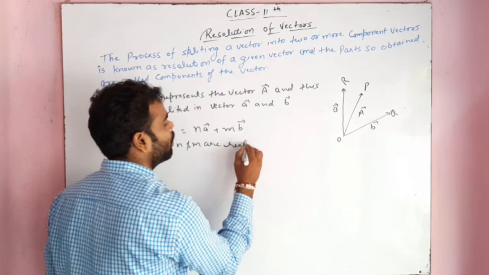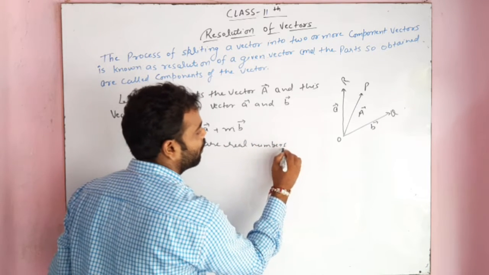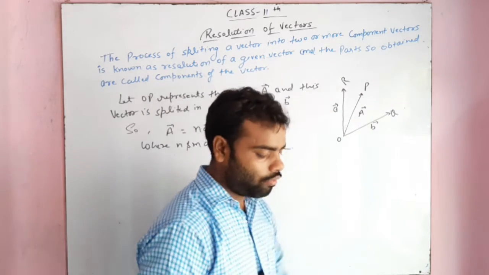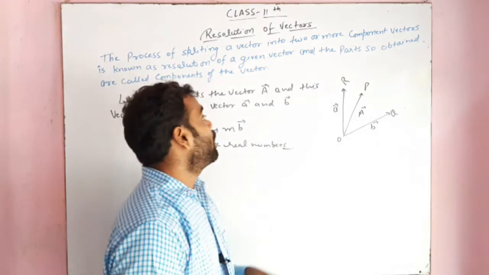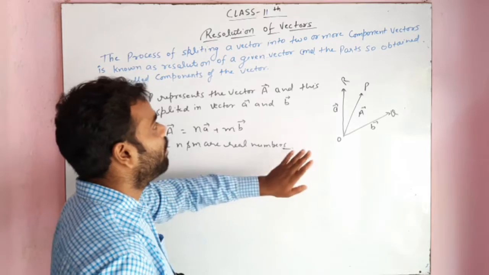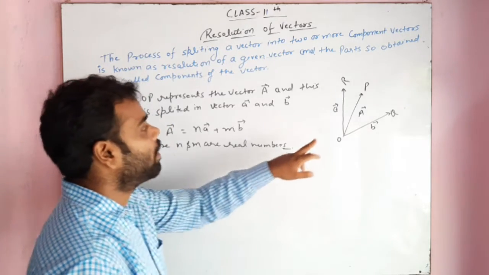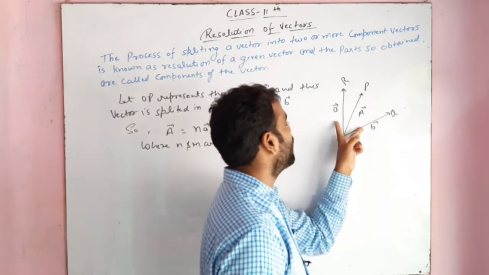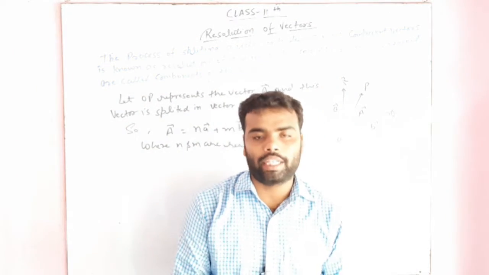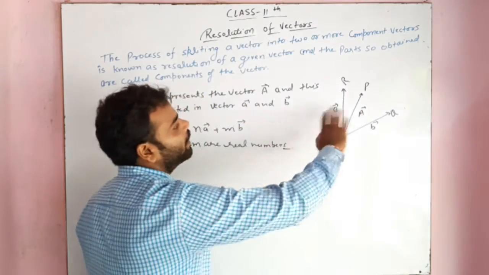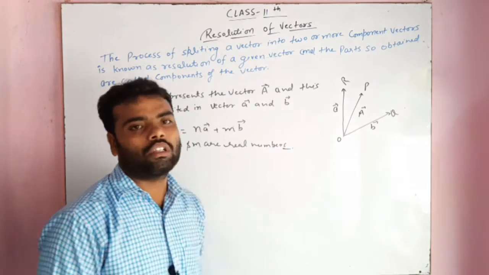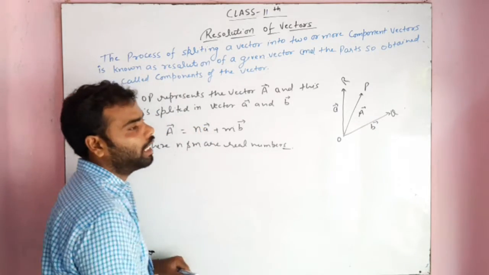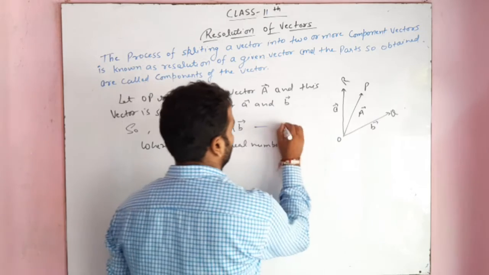are real numbers which represent the magnitudes of these vectors A and B. We have discussed that the vector A given to us can be split up into two vectors, and the component vectors have the same or different magnitudes. The directions of these two component vectors will also be different. So the vector A can be represented as nA plus mB, which is our equation first.